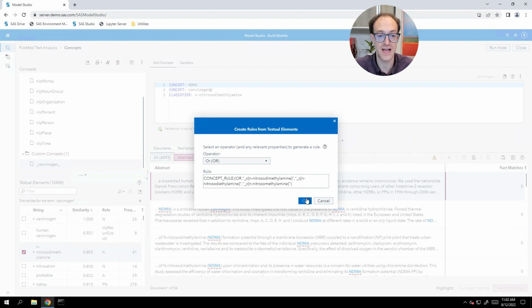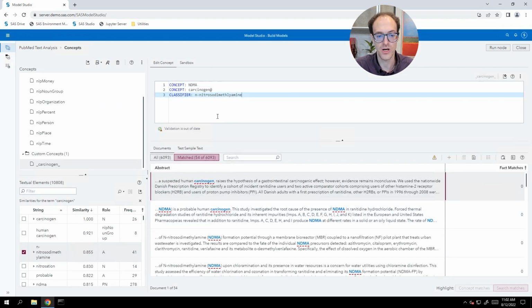I've stuck with a simple classifier, so I'm not capturing any of those misspellings. But I wanted to illustrate that you can look through these similarity scores to identify just simple words that you want to add to the rules, or you can let the software automatically create rules for you based on all of the information it has about this word. So I'll click cancel here for now.